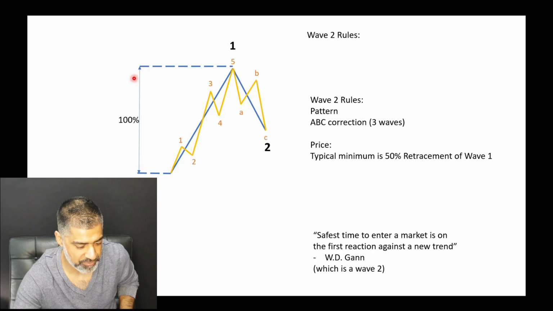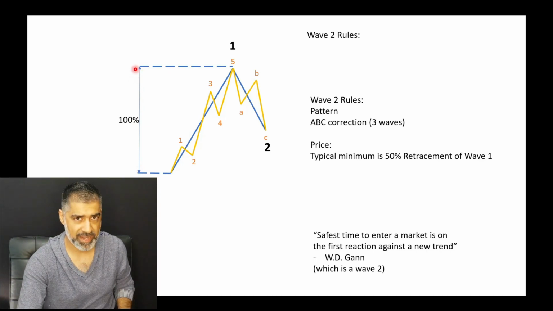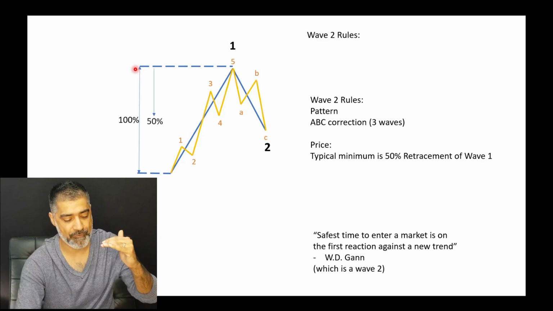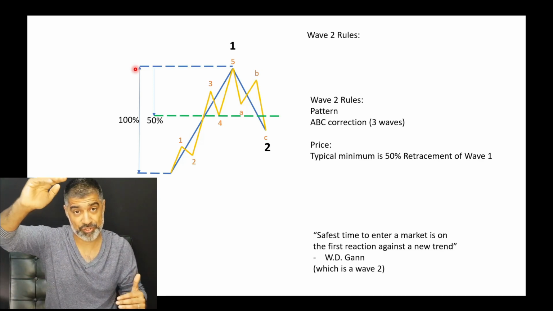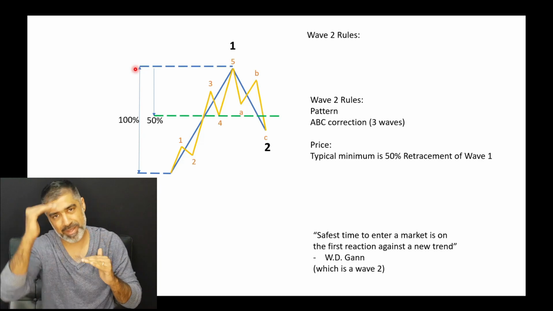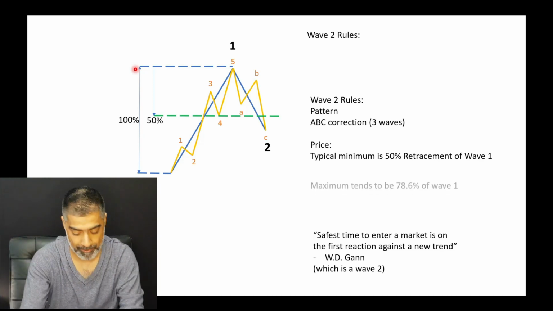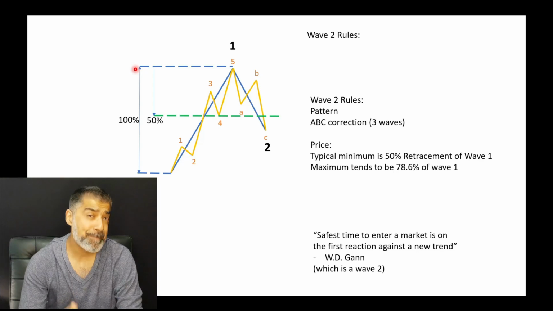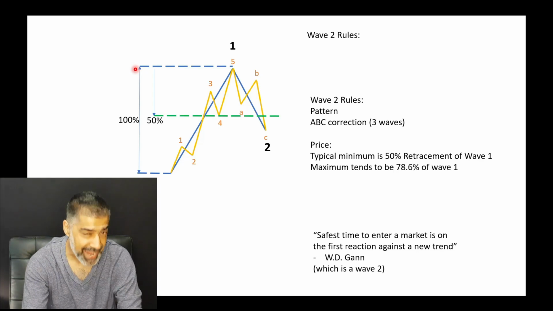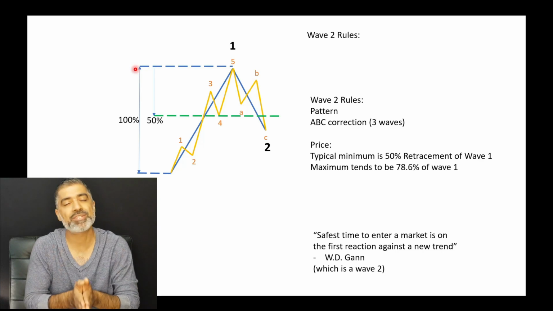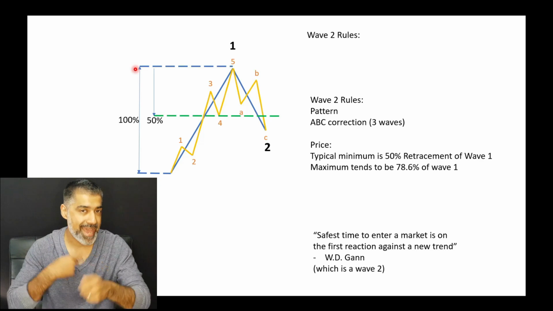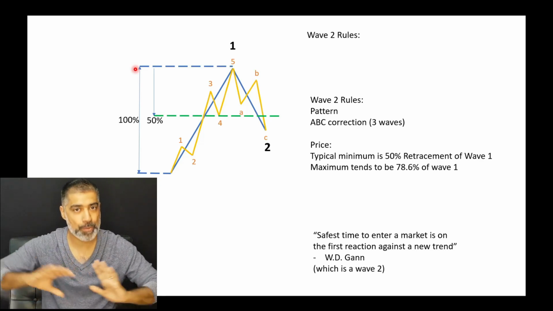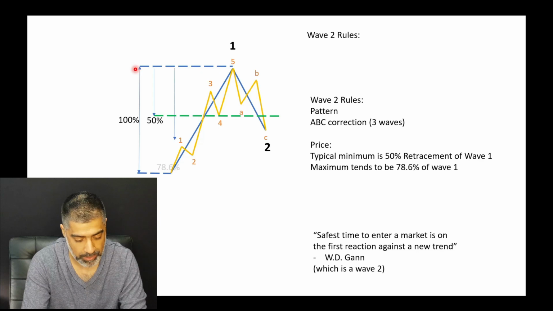So you got this price movement up, and then typically a wave 2 corrects a minimum of 50%, right? So we can project that forward and go, right, if we are confident a wave 1 is finished or looks like it's finishing, there's a correction happening, we can anticipate that the price is going to pull back a minimum of 50%. Remember, there's no guarantees in the world of investing, but we can definitely get the probability in our favor and act with that edge and that probability over a long period of time, and that will serve you incredibly well.